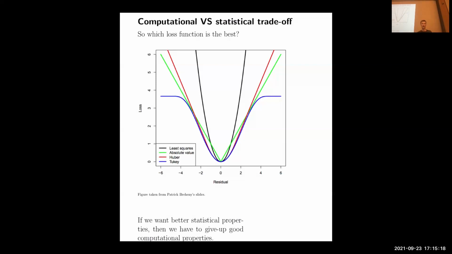In the chat, there was a question: is there a cost function where you have the best of both worlds? Both good statistical properties, but at the same time very fast to optimize. To tell you the answer, I don't know. It's hard to get both. That's why it is often a bit of a trade-off, and that's what I'm trying to illustrate a bit more on this